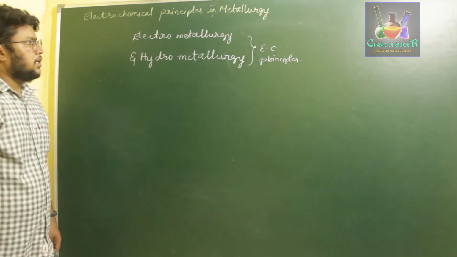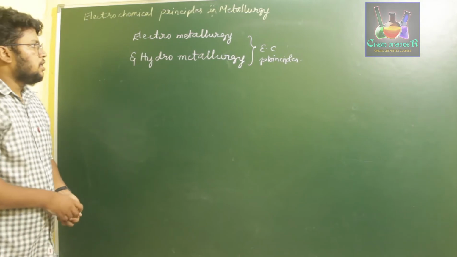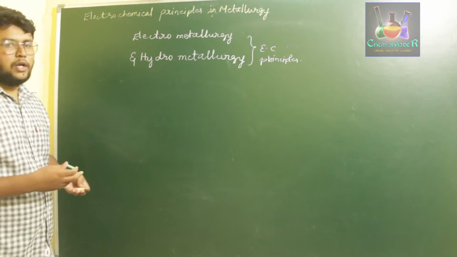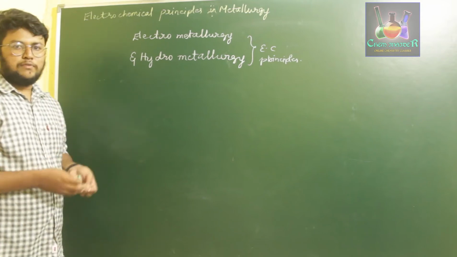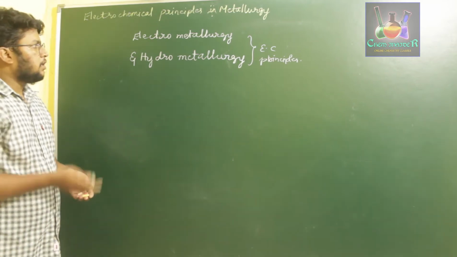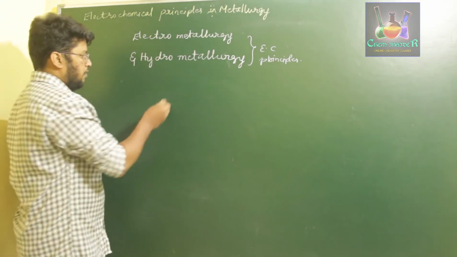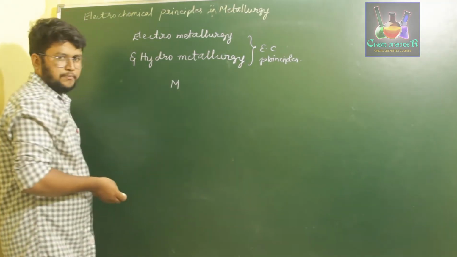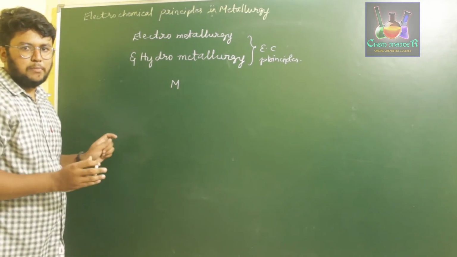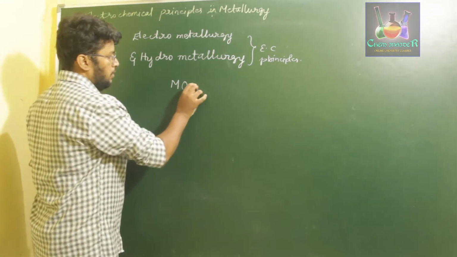So for electrometallurgy, what is it and how does it work for extraction of metal? Electrometallurgy is nothing but extracting a metal by electrolyzing it. So we have to convert a metal to its reduced form from its oxide by an electrolytic process. Let us say I have a metal in its oxide state. I am considering the point once it is roasted and calcinated completely to its respective metal oxide. Now I am taking a metal oxide of type MO.